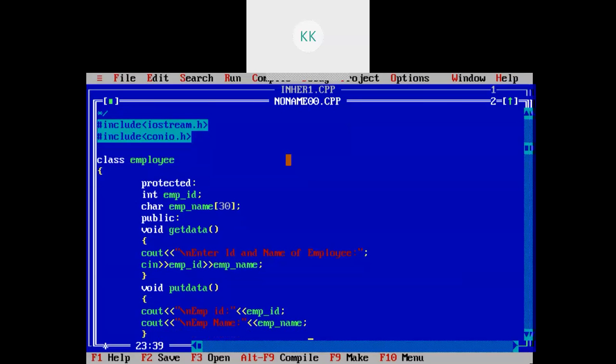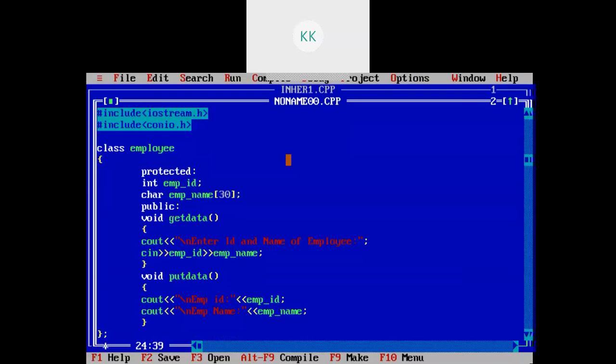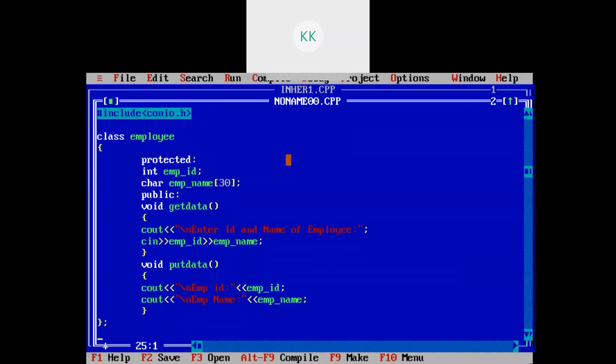Okay, so I have written a function to read the data and another function to display the data.